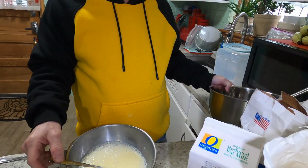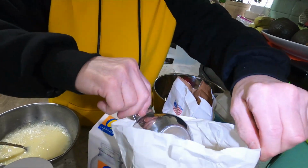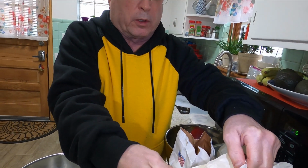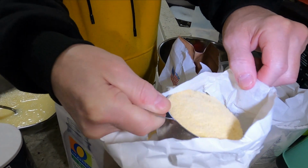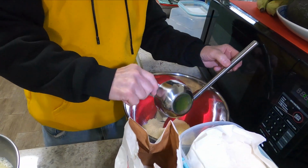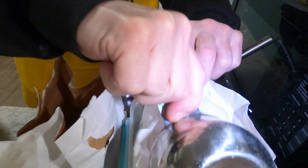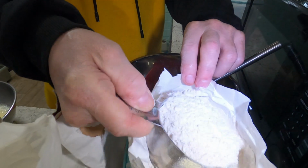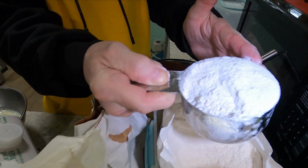Now the dry ingredients. The ratio of cornmeal, that's why they call it cornbread. This is yellow cornmeal. White cornmeal would be just as good and taste the same, but the end product would be white cornbread. I'm using yellow cornmeal to make cornbread. And white flour. This isn't a very exact recipe. It doesn't have to be